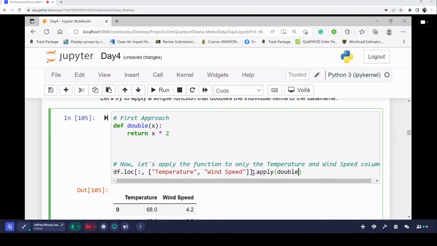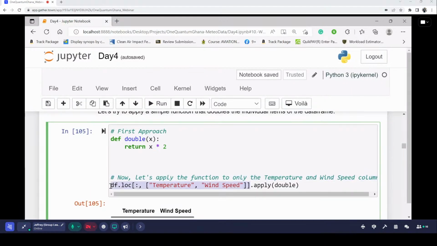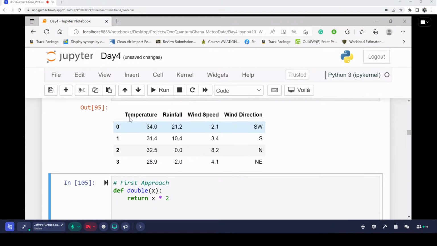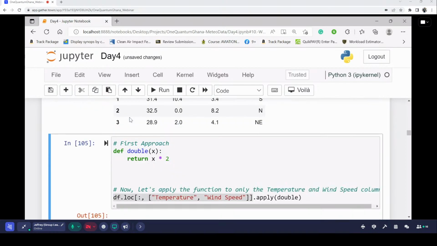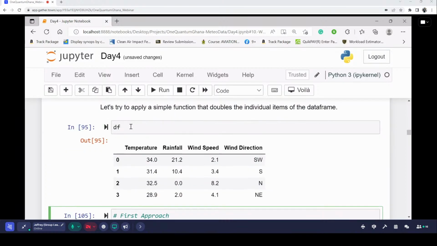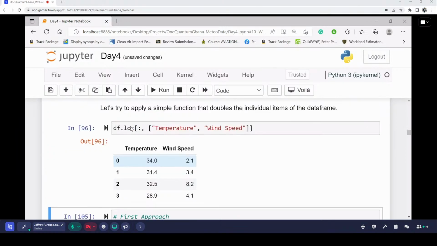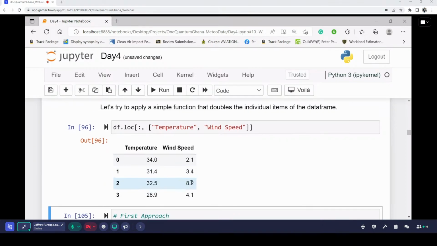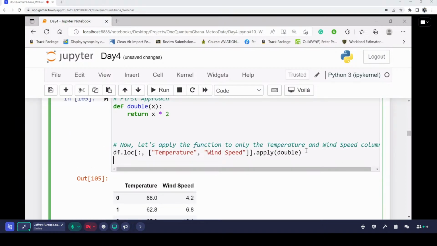Okay, so within this apply method we are going to pass in the function. So first and foremost, let's be sure that this is going to pull out our data frame as such. So let's see our data frame again. It has temperature and then the rest. Okay, so at least we are picking all the rows, and then for the columns we are just pulling out just the temperature and then the wind speed. And so we would be applying the double function to just the temperature and then the wind speed column. Okay, and so if we look at this gives us just our temperature and wind speed information. So if I apply the function, that should work on just these columns. So if we try applying this, and then